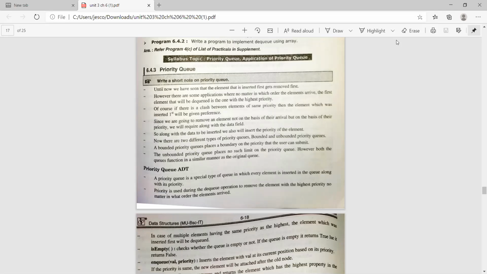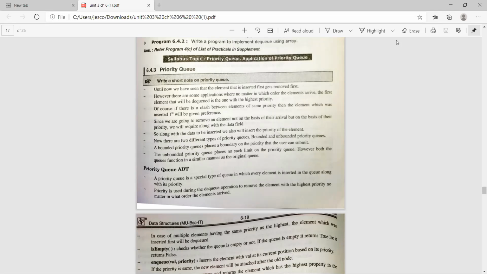Now there are two different types of priority queues. First is the bounded and the second is the unbounded priority queue. A bounded priority queue places a boundary on the priority that the user can submit.